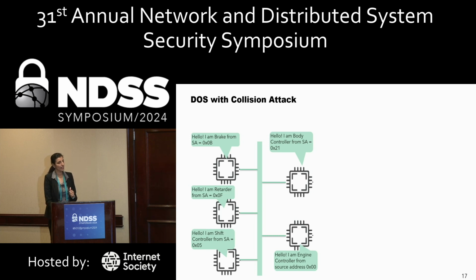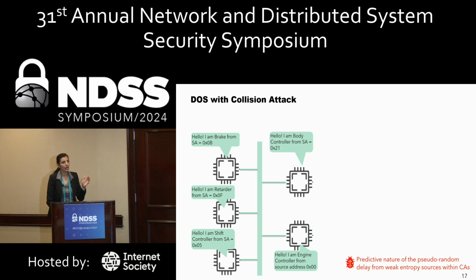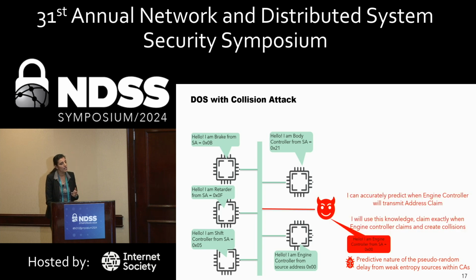The next attack we had in this paper was denial of service with collision attack. Basically, some of the controller applications in the vehicle had weak entropy sources to generate random numbers. So we exploited the predictive nature of the random numbers, and we accurately predicted the time that an engine controller would put a claim message on the network. By predicting this time, we were able to repeatedly collide with the claim messages, denying that device from network